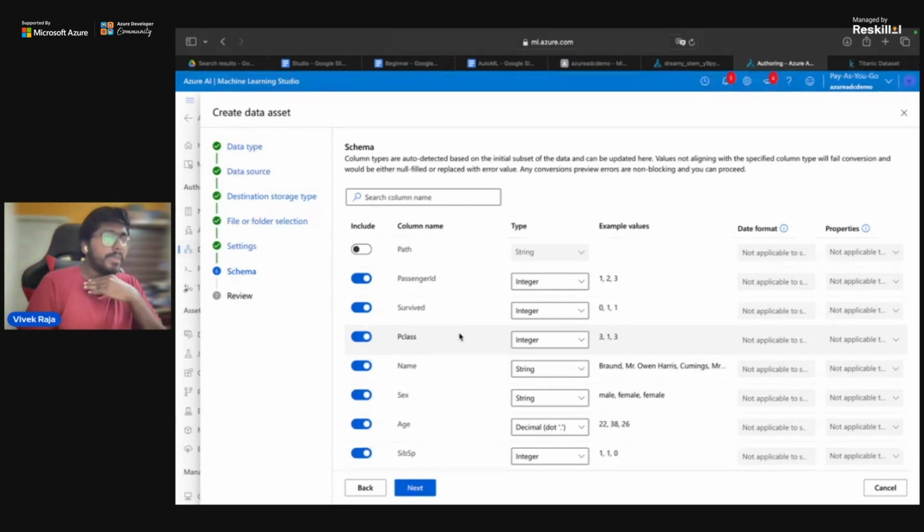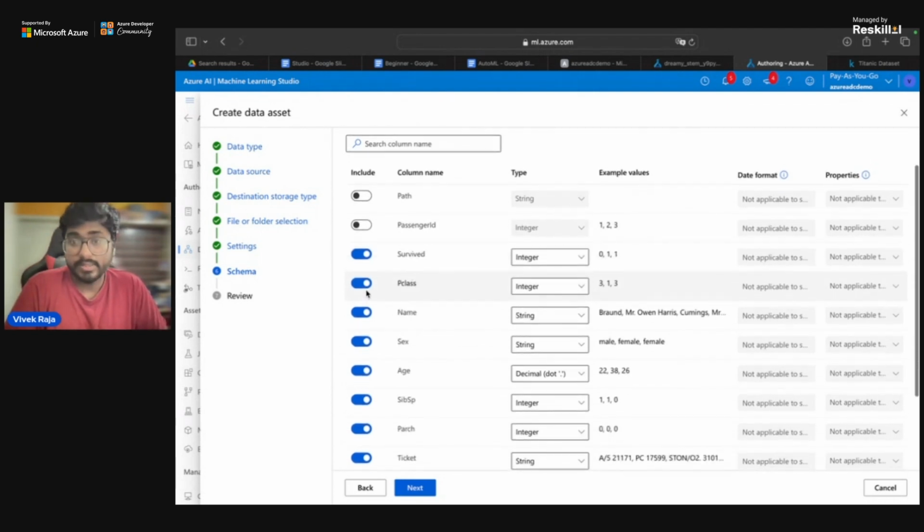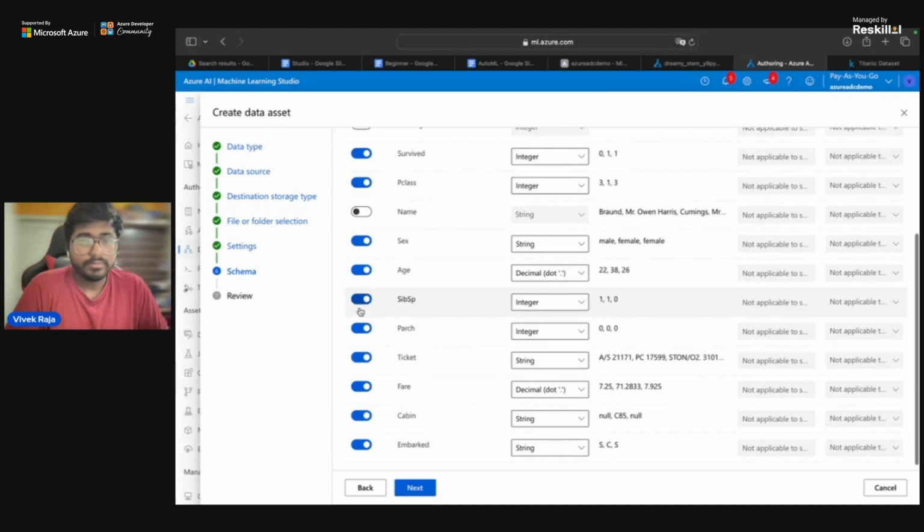For example, to make it much easier for me to do machine learning today, of course, passenger ID does not have anything to do with who is going to survive or not. So let's remove that. Passenger class does matter, name doesn't really, but gender really matters because it has a preference for who gets on the lifeboats first, right? So yes, of course, and age also matters. So the patch and stuff like that.